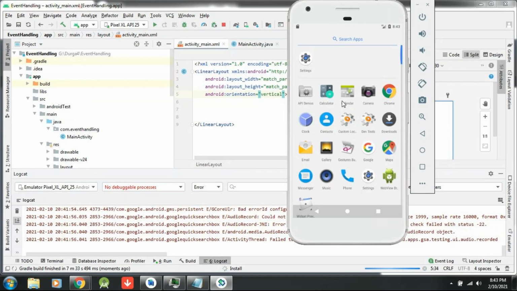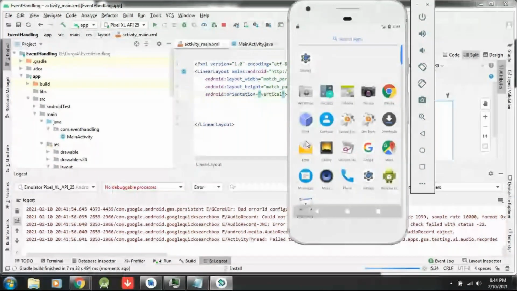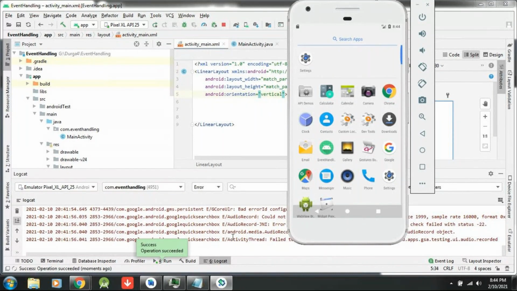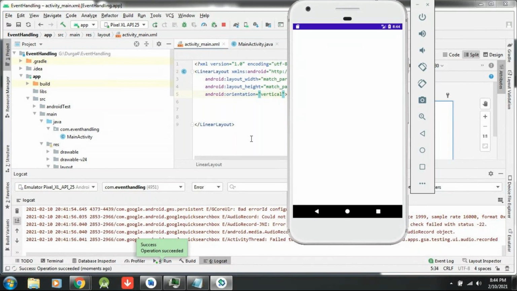Okay, see here, you are getting the message as installed. That means Android Studio is executing our application on the virtual device. Once it is a success, it says launching the activity. Once it is launched, in the event handling application, try to check all the messages over here. I have written the tag as main activity.